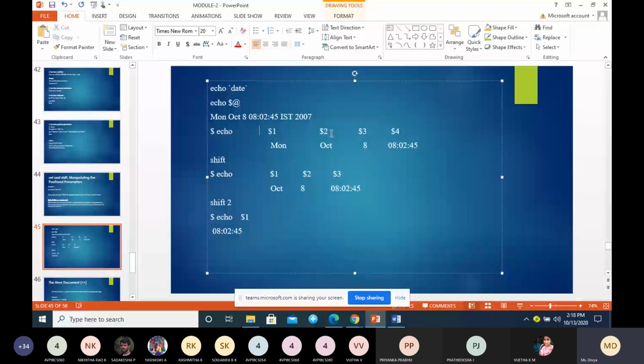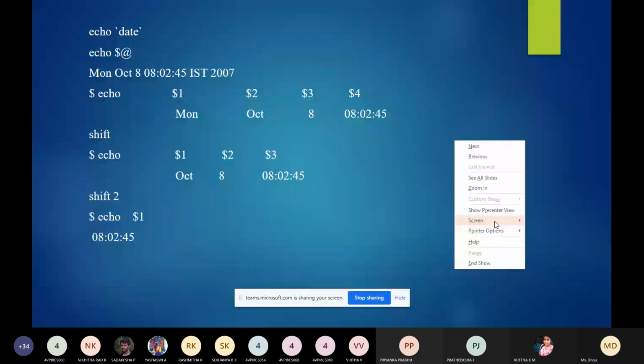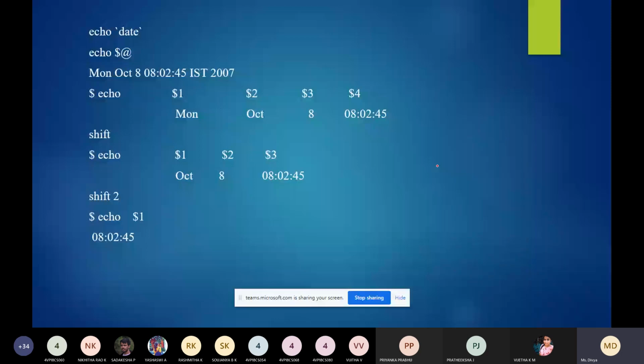So $1 will have Monday, $2 October, that is the second one. The third one is the date, that is $3. $4 has the time, and so on, $5 and $6. So this is the sixth positional parameter, and this is the first positional parameter.